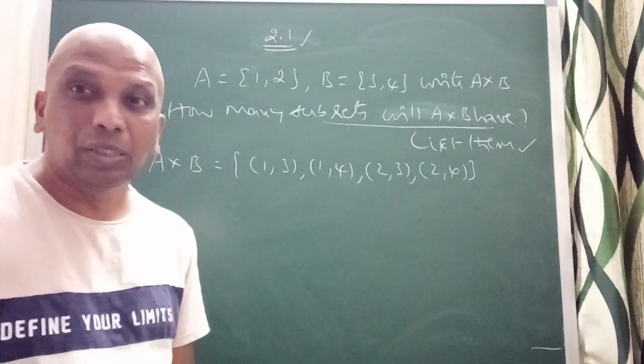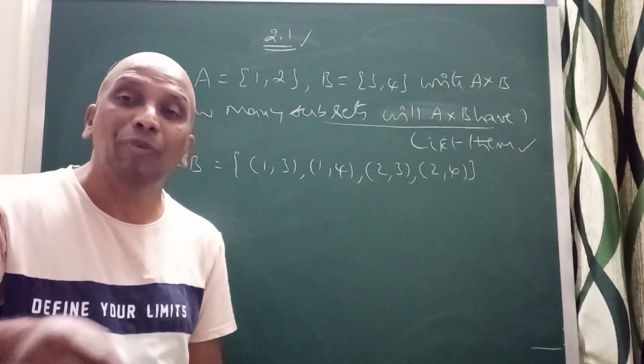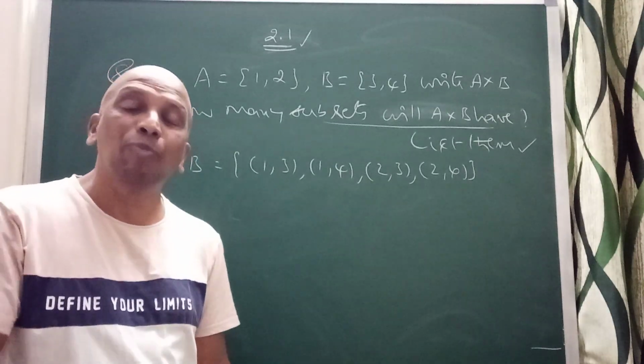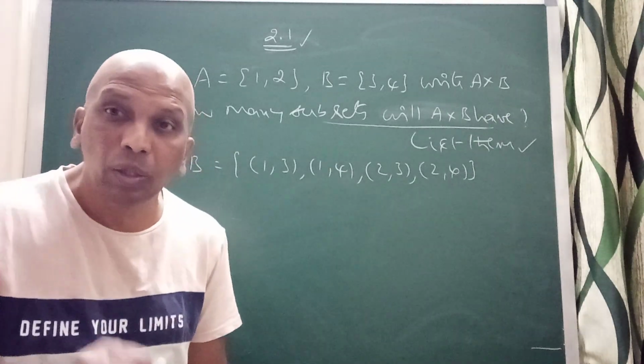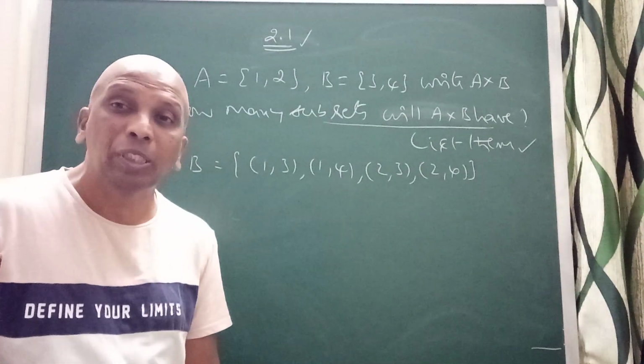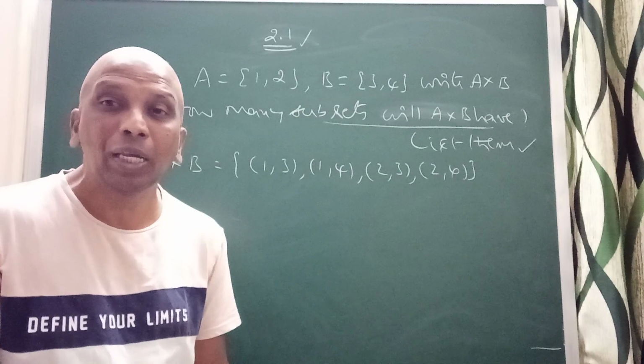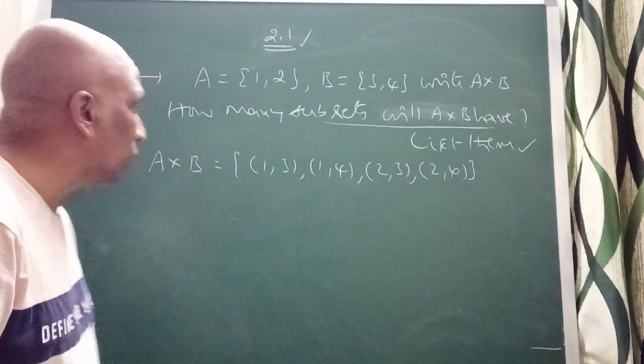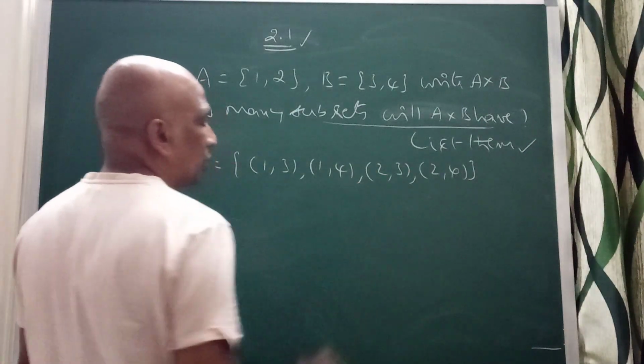When they are talking about the subsets of the given set, that is called the power set. Correct? What is the meaning of power set? The collection of all the subsets of the given set is known as the power set. The number of elements in the power set is 2 power n. What is the number of elements in A? Similarly, you can think we have 4 elements here.